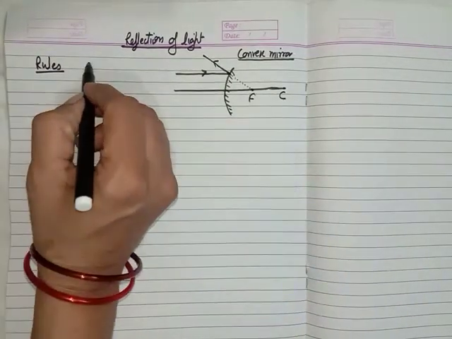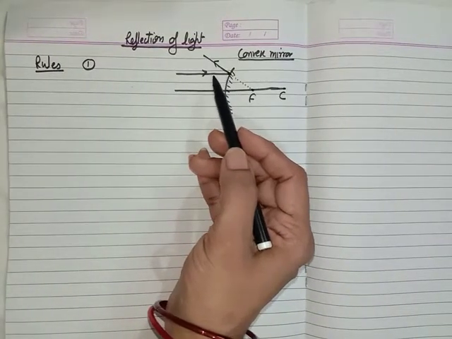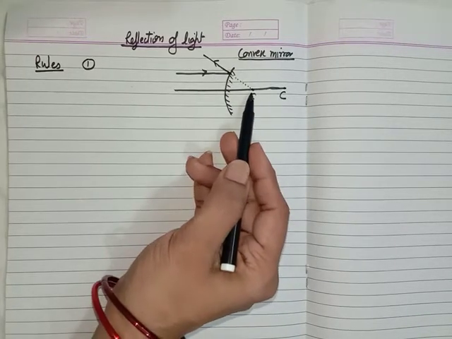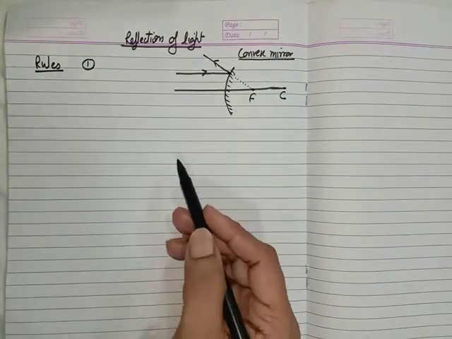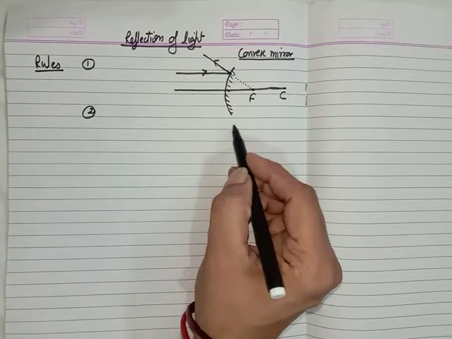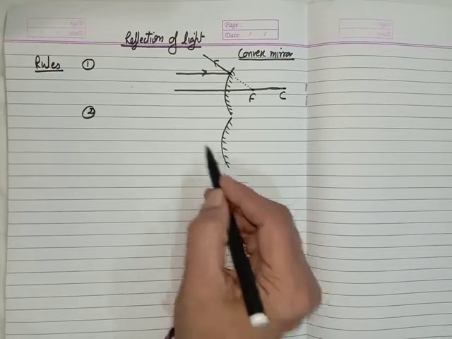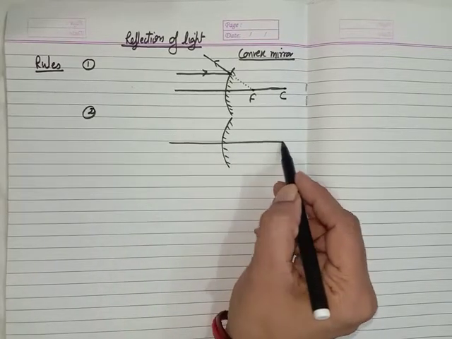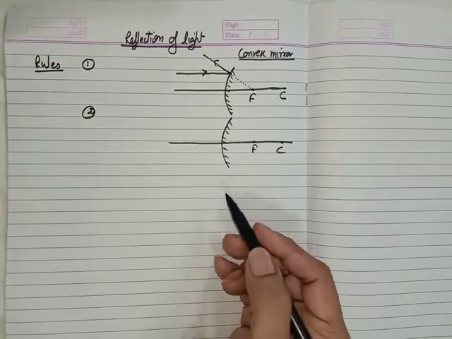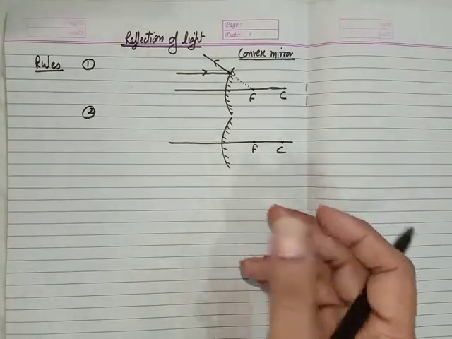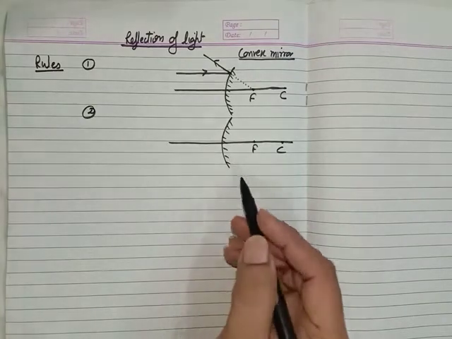Now the second rule. This is the first rule. You can write here: the line which is parallel to the principal axis appears to diverge from the point which is called the principal focus after reflection from the mirror. Okay, now the second rule is this. This is a convex mirror. Again, I'm telling you that you can make your mirror by using the compass. It will be really helpful for preparing the images, because if you are using a compass, the image will be more accurate as compared to this one.